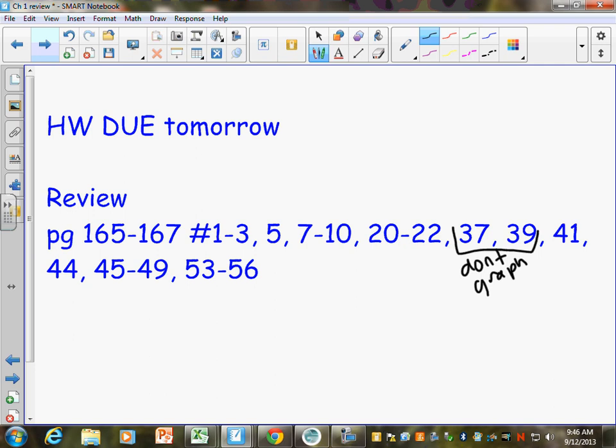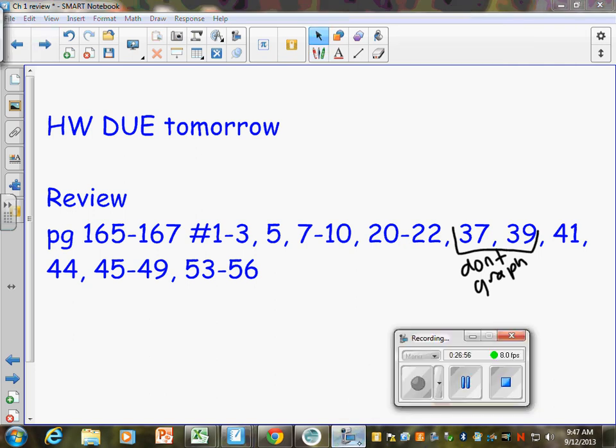So there's a couple little graphing ones, but I think that they'll be okay to do without a graph calculator, but a lot of it is just matching. So you have the rest of the time to work today, so make sure that you're working. You might want to